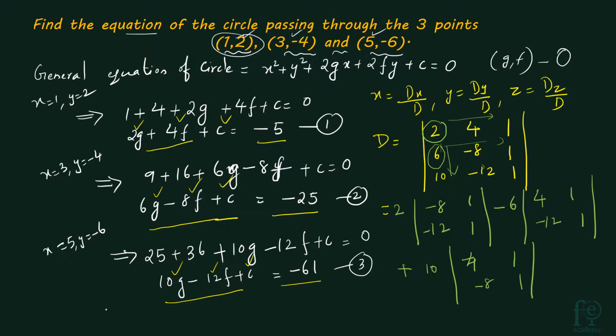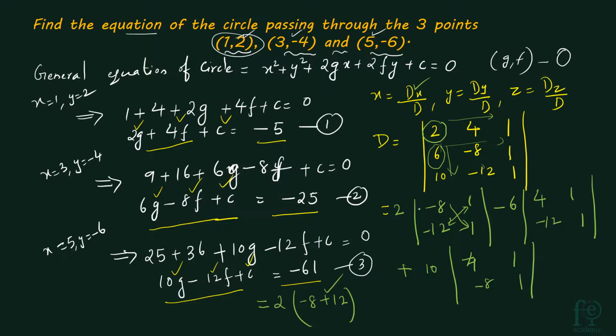So now we are going to expand. So what will you be getting? It will be 2 into minus 8 minus the cross multiplication of these two terms. So it will be equal to 2 into minus 8 plus 12, because minus 8 minus minus 12 gives you minus 8 plus 12. So just remember this term. You have to use this for the expansion of dx also. So it will be very easy.